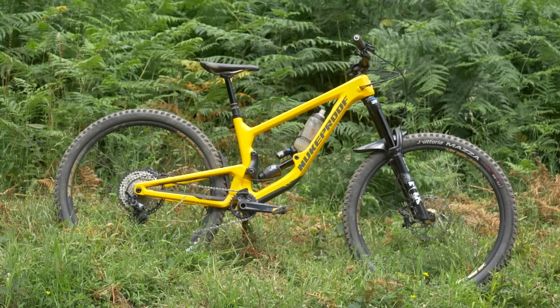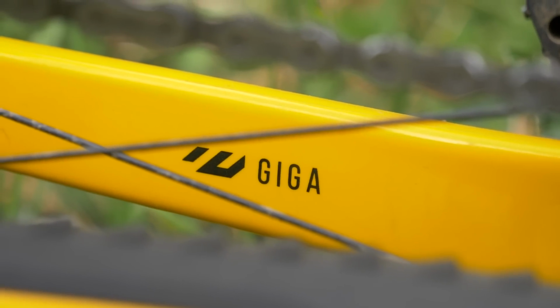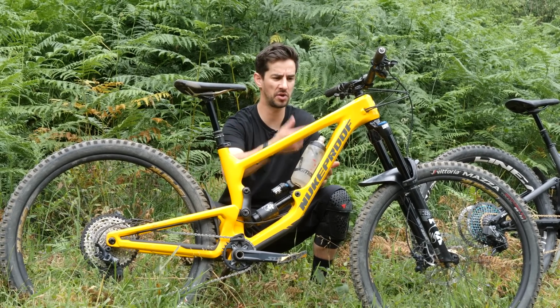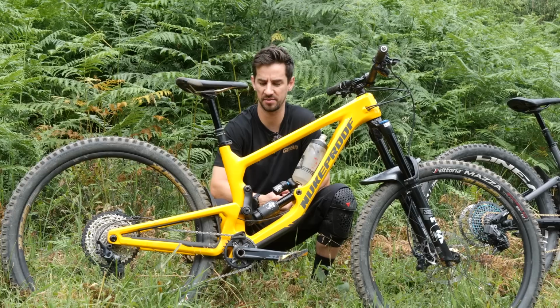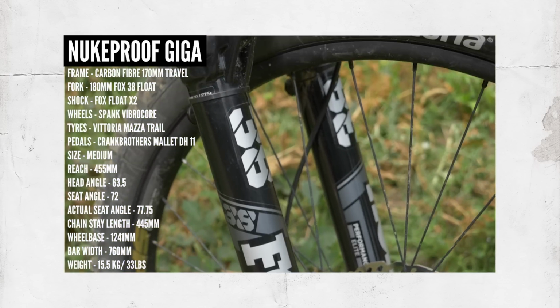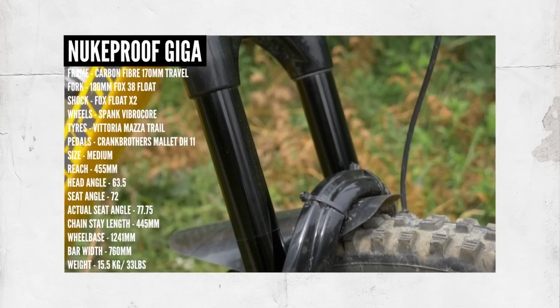Shall we start with a bike check of this pretty sweet enduro bike? It's what people call a super enduro bike, but I guess it's kind of similar to a mini downhill bike, you could call it as well. Stick a triple clamp fork on the front of this and you can smash out some pretty sweet downhill runs on this bike. This is my Nukeproof Giga carbon fiber frame, 170mm of rear travel with a 180mm Fox 38